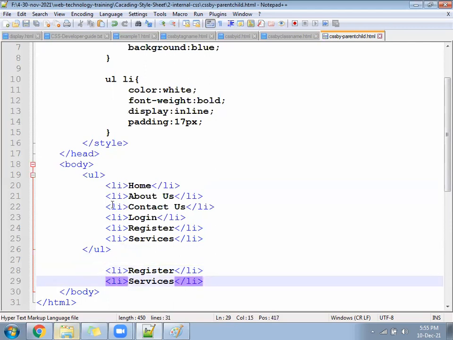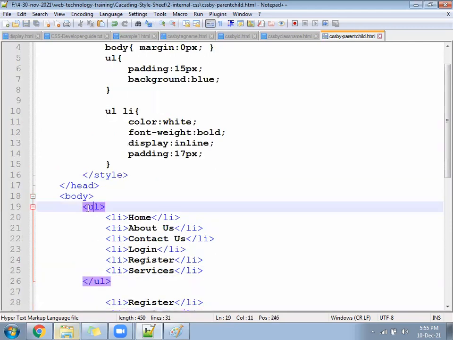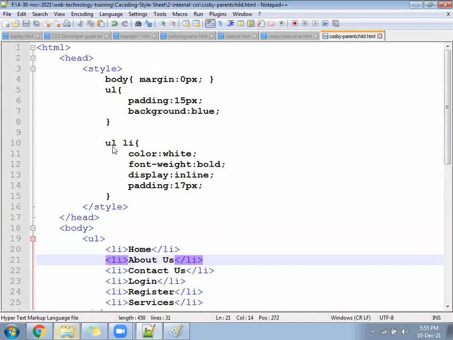CSS will apply only for those li that are under the UL. Here is the parent. Parent will be first, then a space, then the child. So CSS will be for li only, but not all li. Only those li that are under the UL tag. Please check once. Is it happening or not happening?